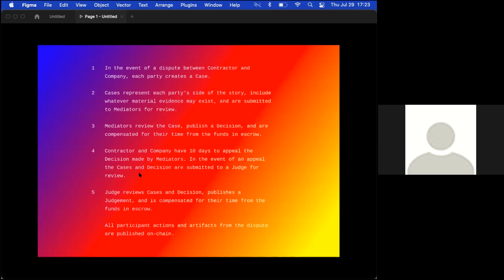They would be compensated for the time that they put in out of the funds sitting in escrow. That was the step that I missed earlier, that the company would put funds into escrow in order for the project to get greenlit and to start. So in the event that you need mediators, they're getting paid for their time and adjudication with the funds sitting in escrow. And in the event that they can't agree, the decision would go to a judge, and the judge would make a decision.